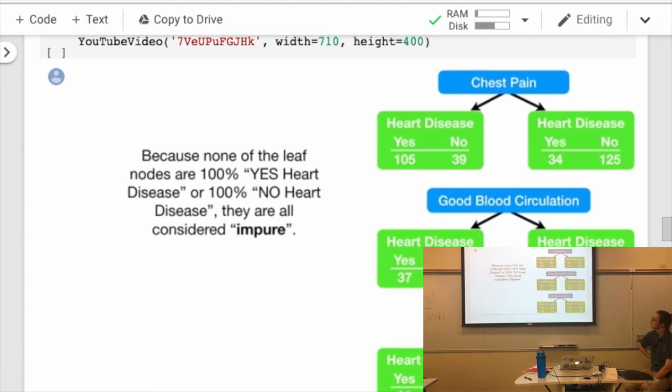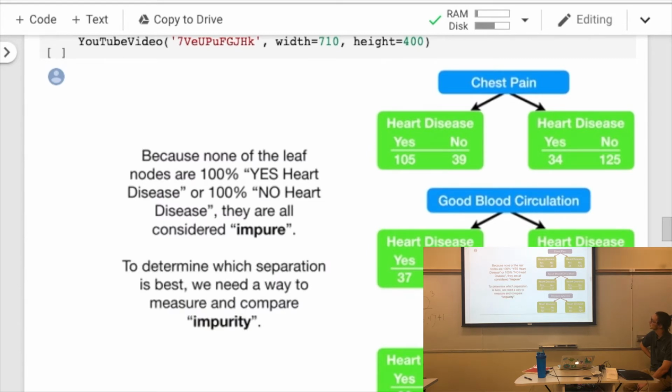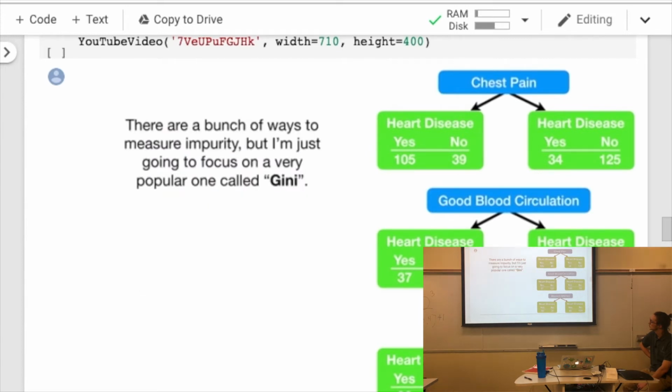Because none of the leaf nodes are 100% yes heart disease or 100% no heart disease, they are all considered impure. To determine which separation is best, we need a way to measure and compare impurity. There are a bunch of ways to measure impurity, but I'm just going to focus on a very popular one